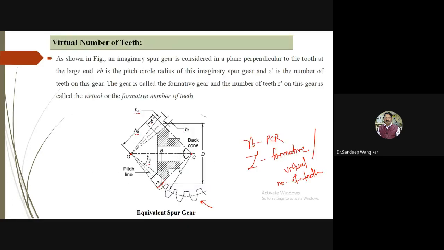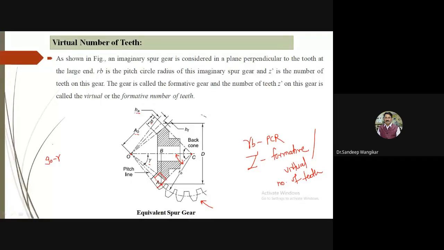One more thing I want to say here. Angle BCA: if I highlight this particular angle, you can say this angle is gamma. If I complete the triangle here, this angle is 90 degrees. So whatever this angle becomes, it will be 90 minus gamma. If we consider the complete triangle ODA, it will become 90 minus gamma. So angle BCA is 90 minus gamma. This we will use in further calculation.